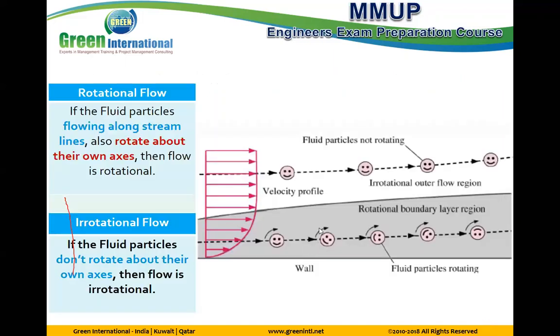Rotational and irrotational flow. The main difference between rotational and irrotational flow: if the flow is rotating, moving, and the particles inside rotate during the movement of the fluid, these particles rotate around their own axis, same like